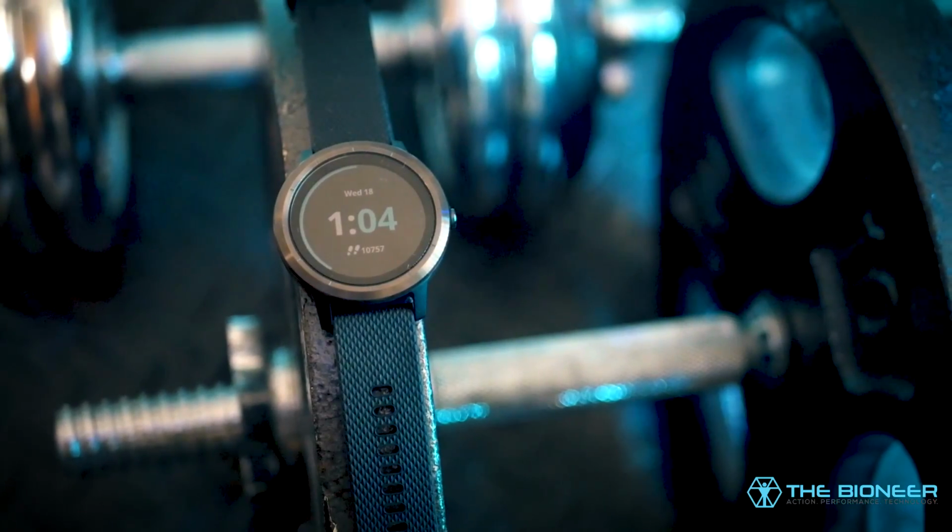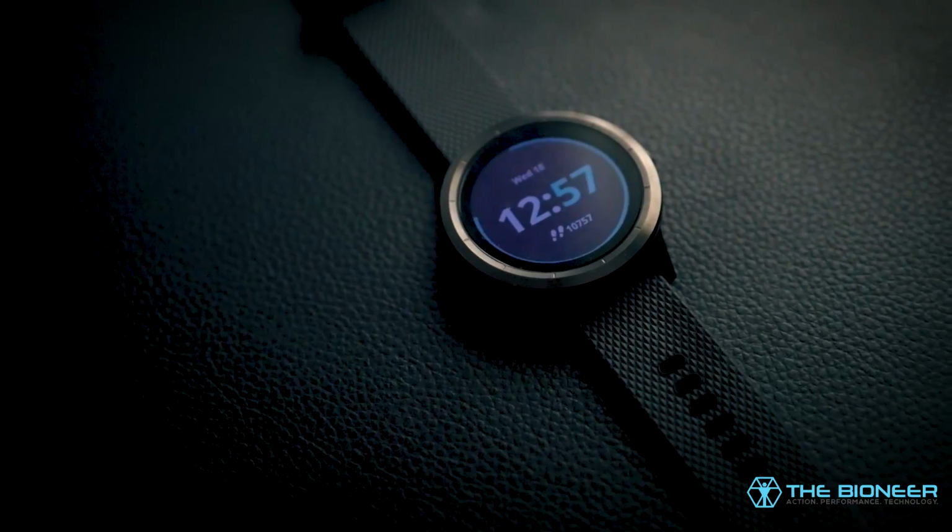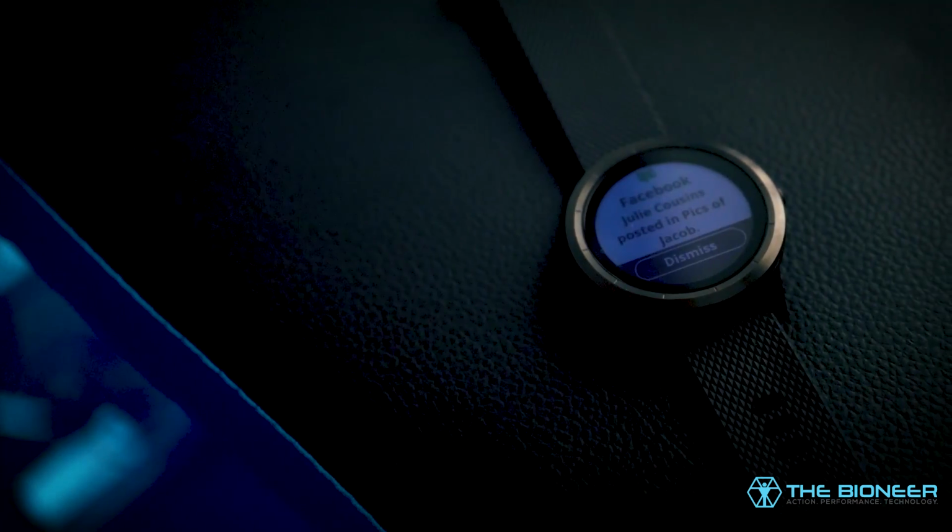achieve their goals. I also think that a fitness tracker is pretty much an absolute must if you're interested in running, or a running watch of course. So in this regard, a fitness tracker will allow you to see progress. You'll be able to measure the distance that you run, the speed that you run. You can measure your resting heart rate, but at the same time getting a live update of your heart rate